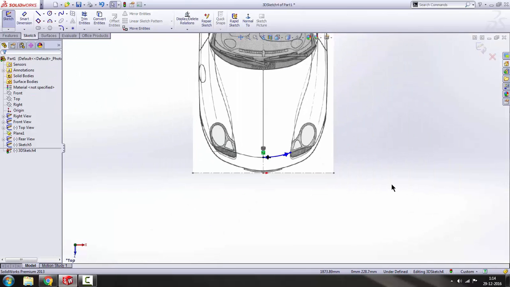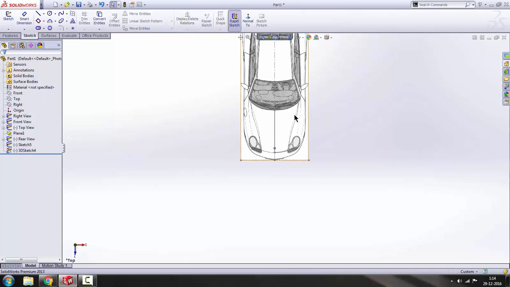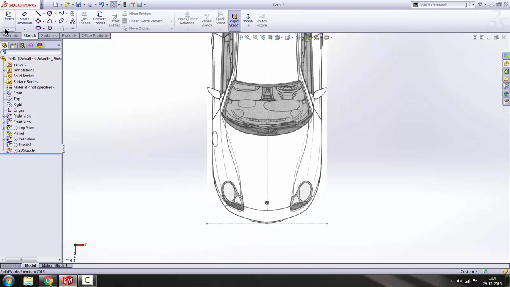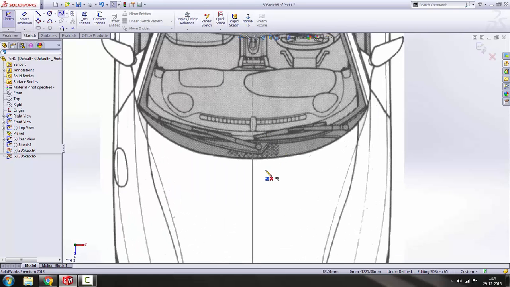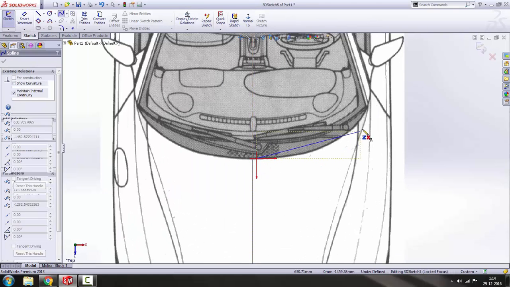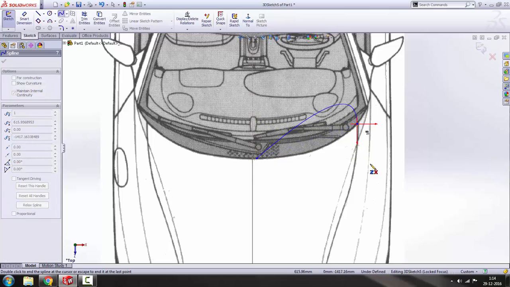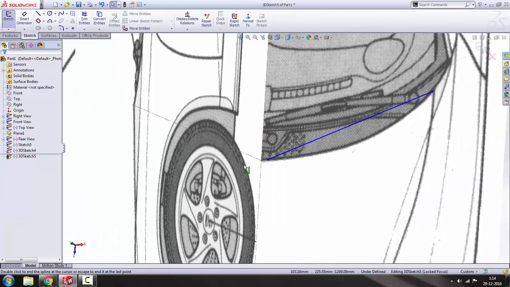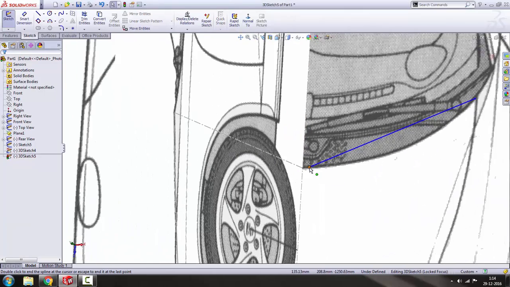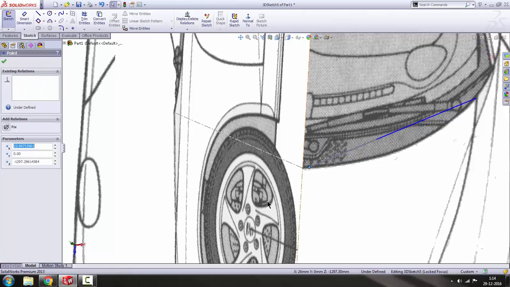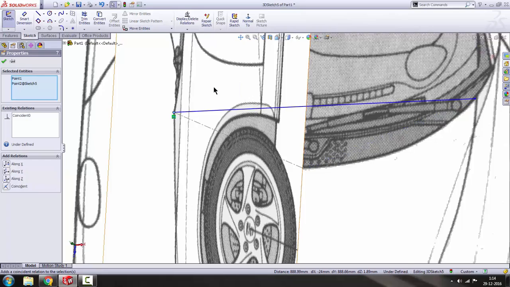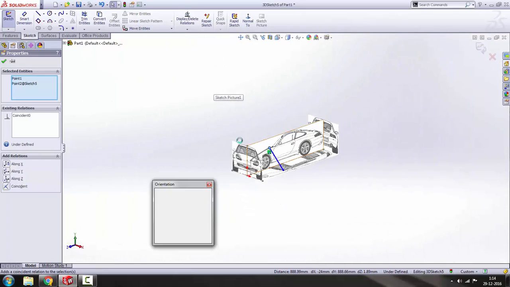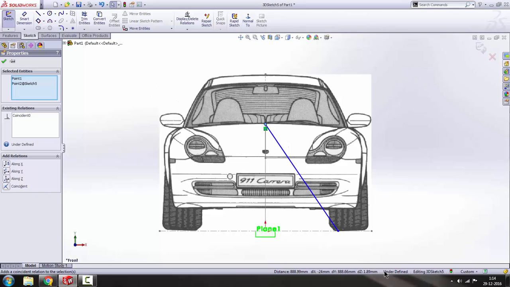Okay, it's good. Let's get out of the sketch, and then we'll go make one more 3D sketch. It's using spline, and here we'll draw it again. And using spline, we are going to merge this end of the spline with the sketch number 1 there, and then we'll go to the front view